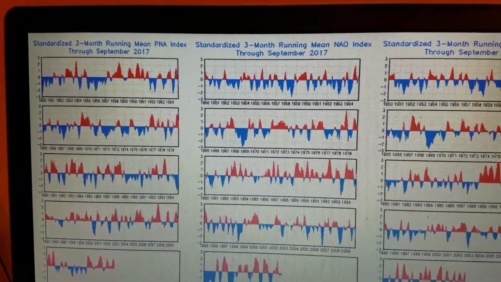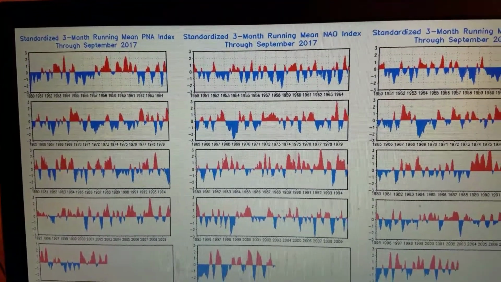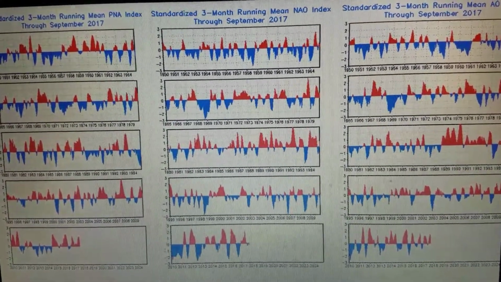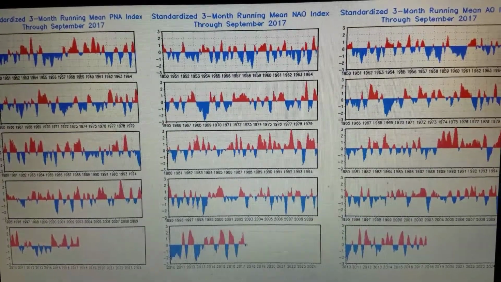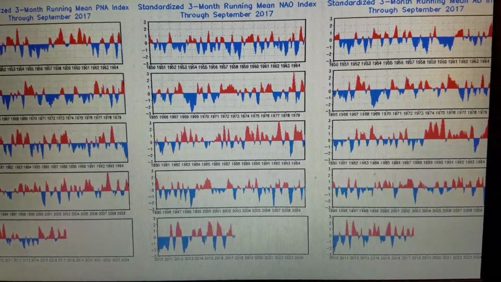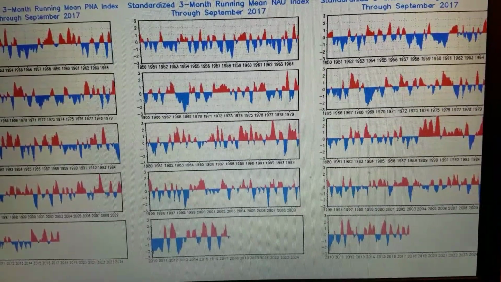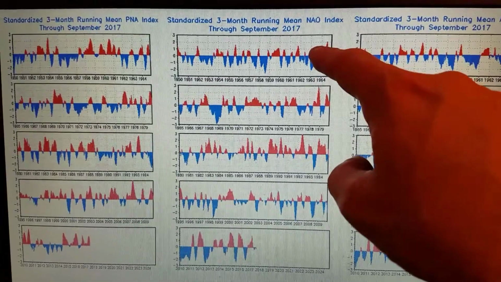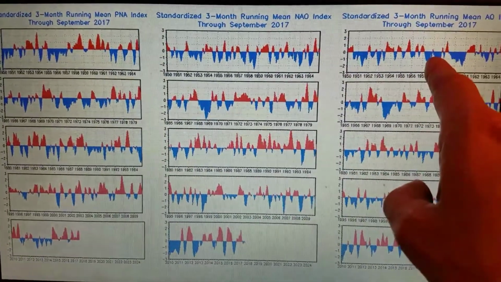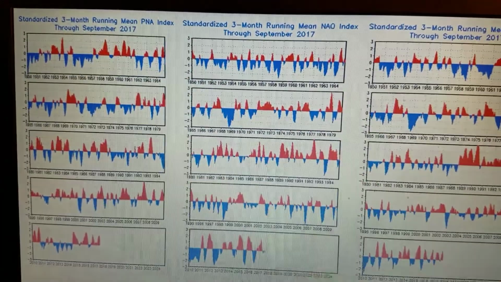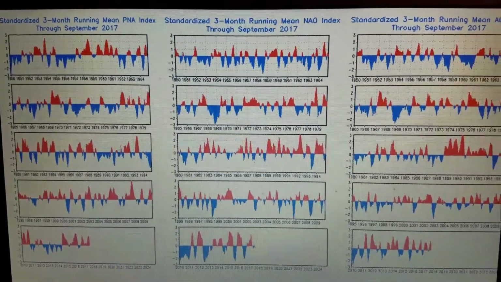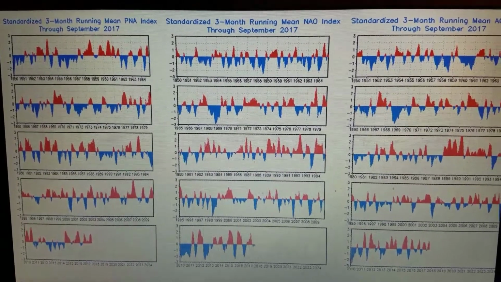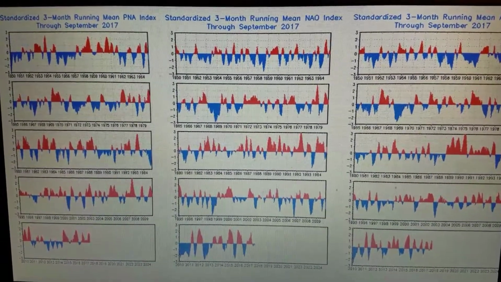I just want to indicate how the teleconnections, which I did on a previous video, also go through an up and down pattern, just like the overall North American temperature pattern. With these spikes, these ups and downs, the red indicates positive phases of the teleconnections in each of these categories, and the blue indicates negative phases. For more information about teleconnections, please see the previous video we put out on teleconnections and winter weather. It's a really good video.